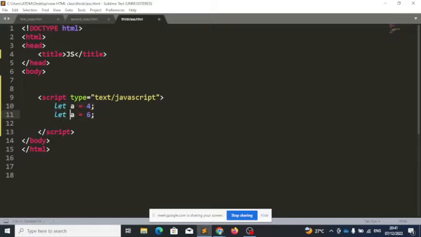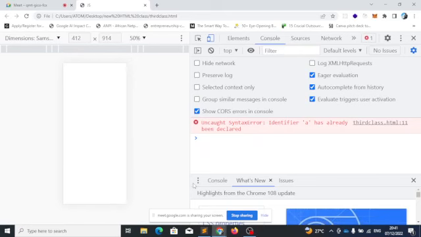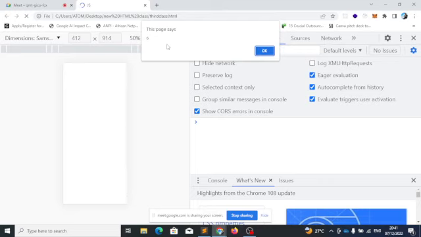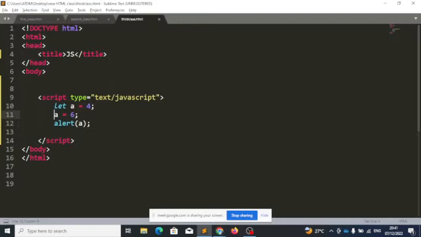The only thing you can do is change the value inside that variable. Here, I'm only declaring it once, and I'm changing the value. Yeah, this will work fine. So if I say alert A, this will be 6. But once you've declared a variable, you can't redeclare that same variable. That's one. Number two, let is block scoped, meaning that if I create a variable, a block is defined